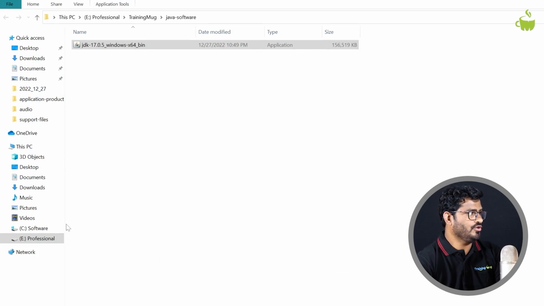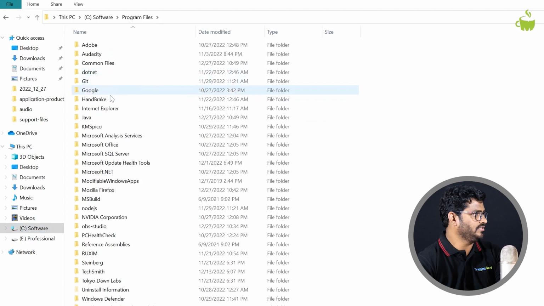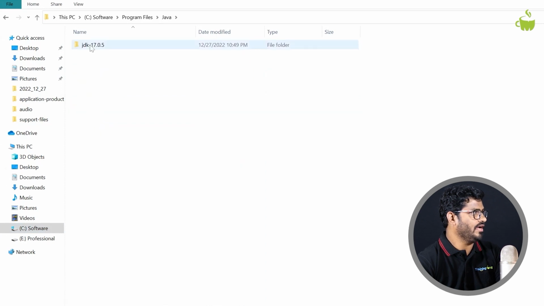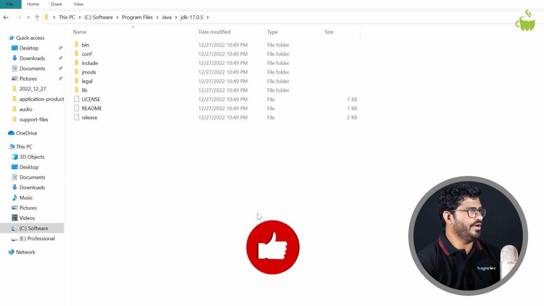Now, if you want to confirm the installation, just go to C drive and program files, select Java, and you'll see a folder called JDK 17.0.5. If you open that, it has some folders called bin, config, and some other files. We'll see what these files are in our further videos, but this ensures that your JDK is successfully installed. But if you want to check whether the installation is 100% complete or not, how do you ensure that